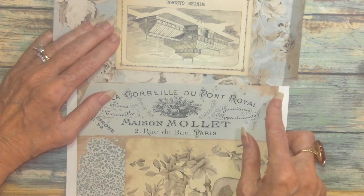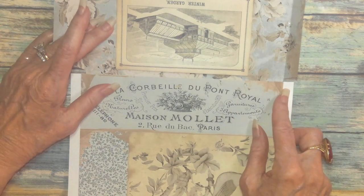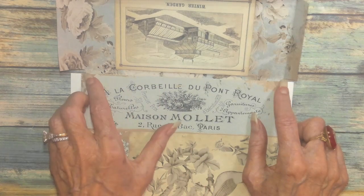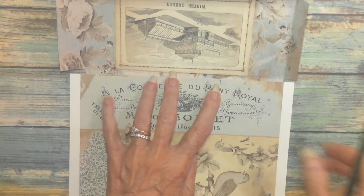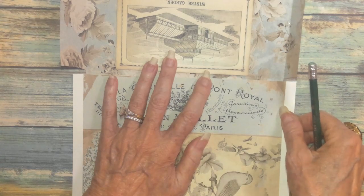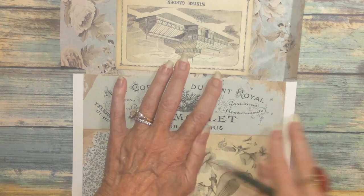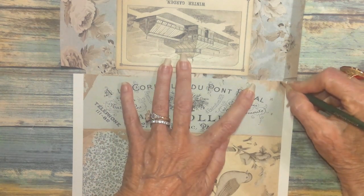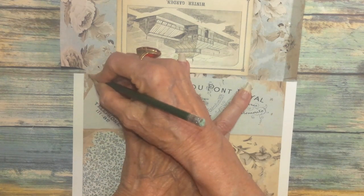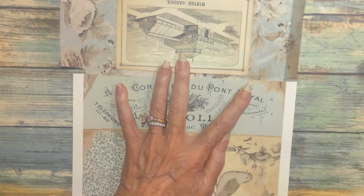All right, and it's not off by much, this and that, so it's really not much. So I'm going to move this as middle as I can, and then I am going to draw a line just a little bit inside of each side. It doesn't have to be precise, right? It's just a little before, and then